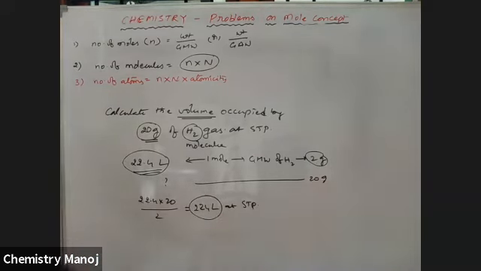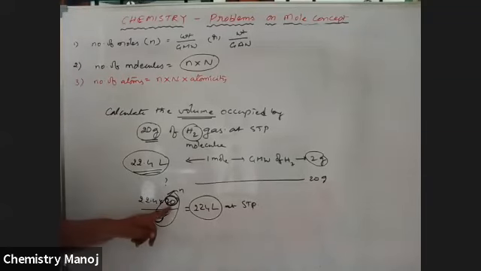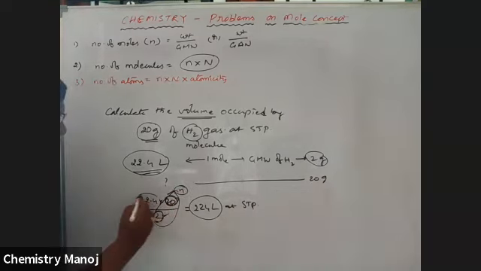So now how to calculate the volume of the gas? Mind it. Here, this is the given weight. This is the molecular weight of the substance. That means weight by molecular weight is nothing but small n. Am I correct? It is the given weight of the substance, and it is the molecular weight of the substance. So weight by molecular weight is equal to small n. Small n into 22.4 liters is equal to volume.